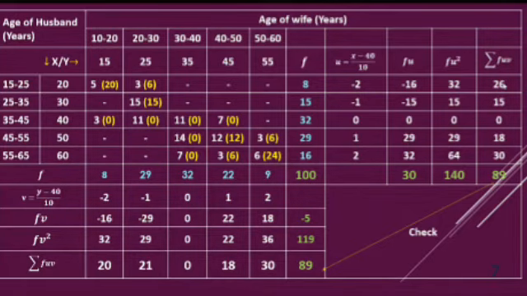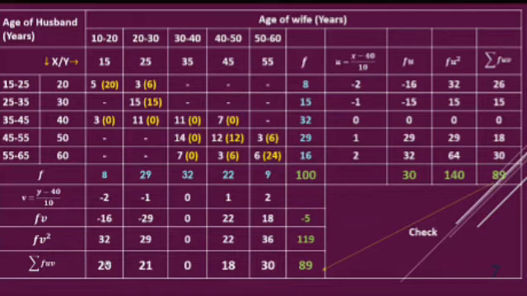20 plus 6, 26. Next one, 15. Next one, because U is 0, all the values in that particular row will be 0, because you are multiplying with the U, no? FUV. Next, 12 plus 6, 18. Next, 6 plus 24, 30. You got 89. Total of summation FUV is 89. That becomes double summation FUV, because you are adding summation FUV.